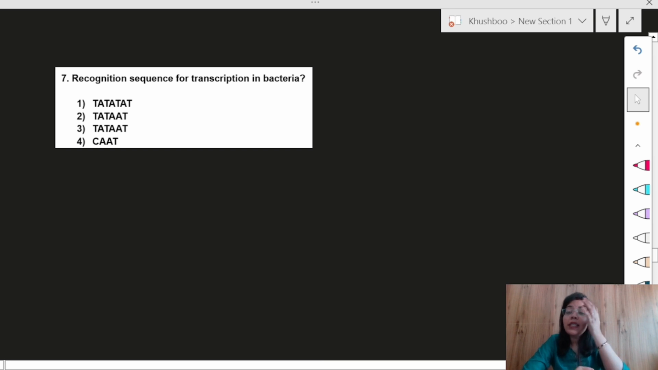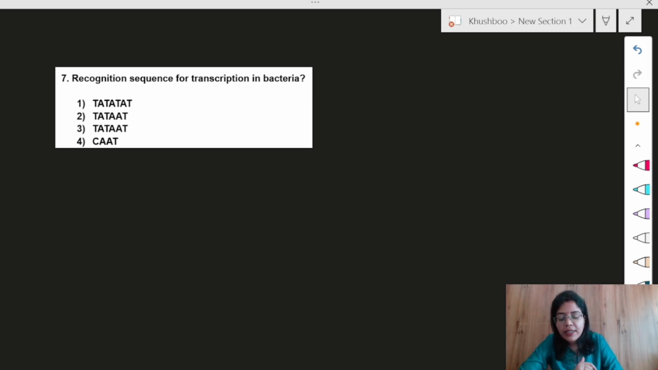Now one question you can see, recognition sequence for transcription in bacteria. Again, you will say this question is not in NCERT, but last year in NEET 2024, they asked one question, the answer was there in the match the following. Even if you don't know, you can solve that question. That is a very easy question. You can go and check it back. Still I have added this so that you can learn what is the meaning of recognition